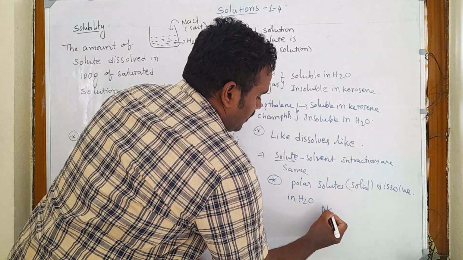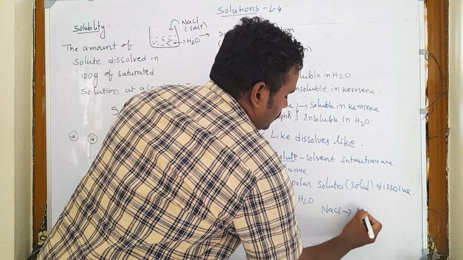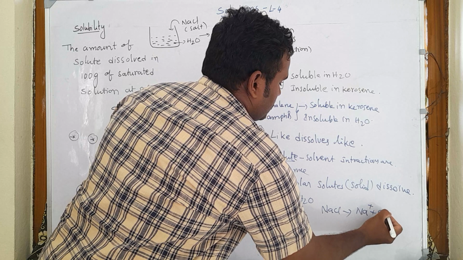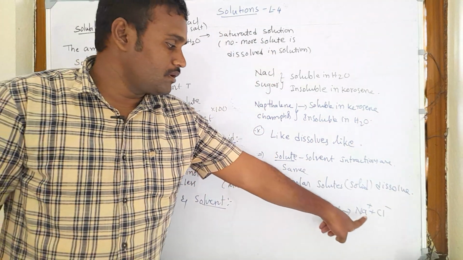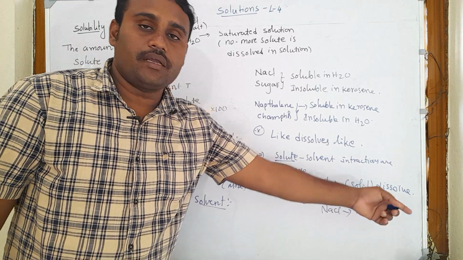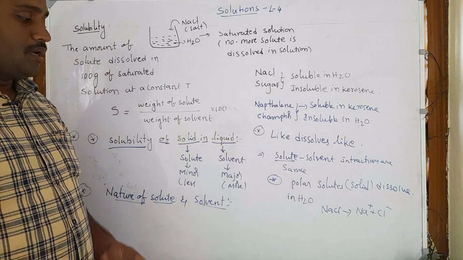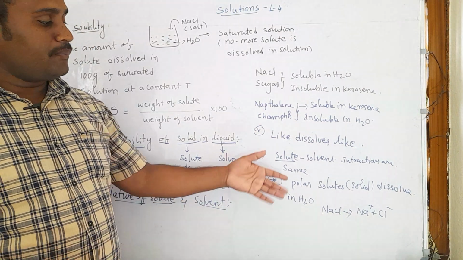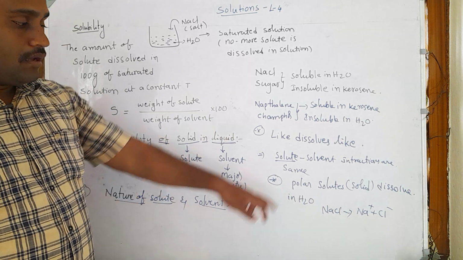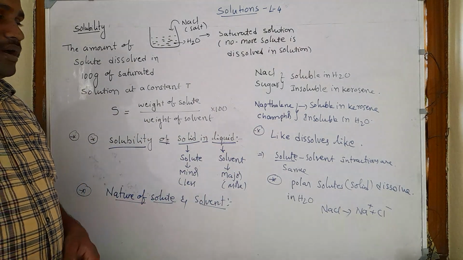For example, NaCl dissociates into Na plus and Cl minus. If it dissociates into ions, it dissolves in the water. All polar substances dissolve in the water, but non-polar